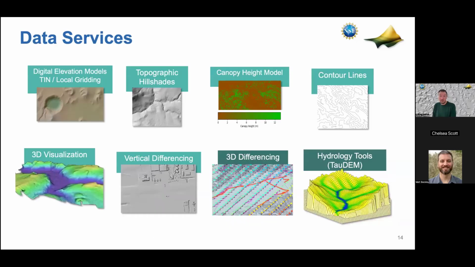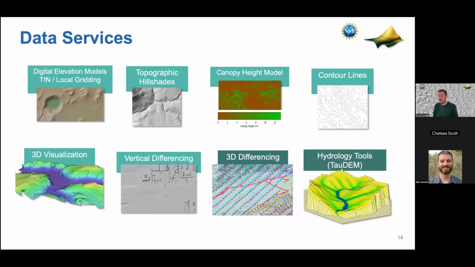So now to talk a little bit more about the functionality of OpenTopography. We basically provide access to these raw data sets, 84 trillion LiDAR points. But then on top of those data sets sit a bunch of processing tools that do different things. So that could be, I want to make a custom digital elevation model for an area of interest. I want the data to be at 0.5 meter resolution. So I draw a box on a map and we do the rest.